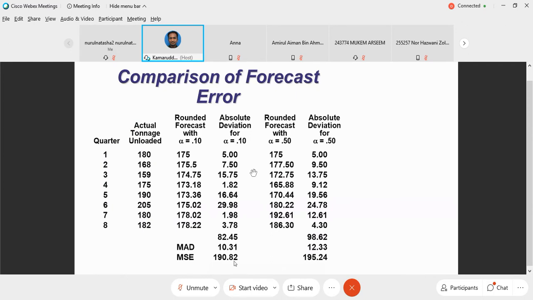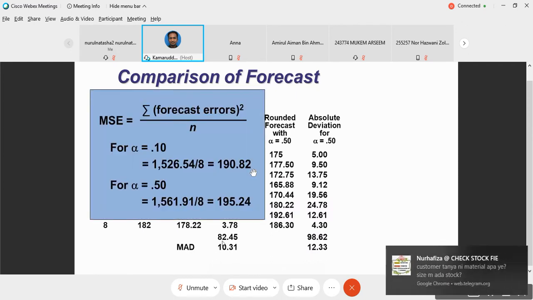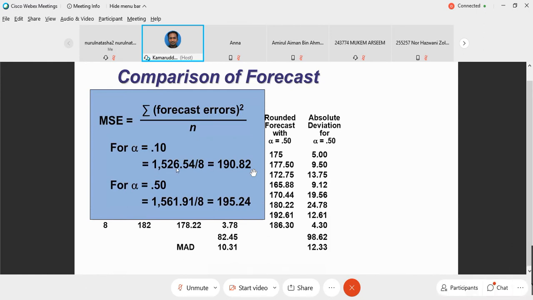The total of the squared forecast error, 1526.54, will be divided by n, the value of 8, and we have 190.82. Compared to the alpha value of 0.5, we have